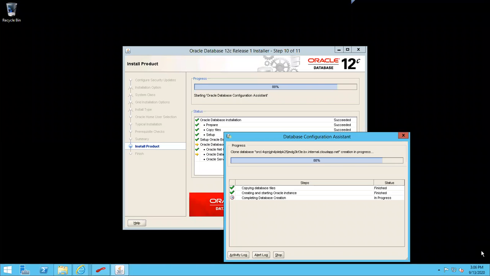So once this completes, we'll create the table space, users, all those things.